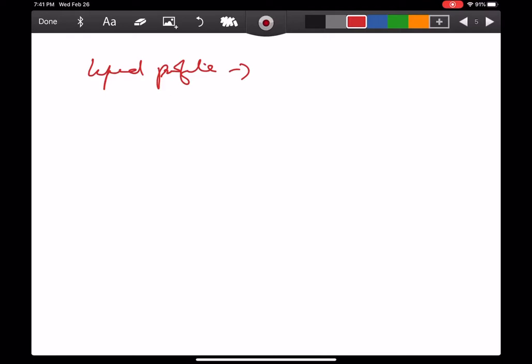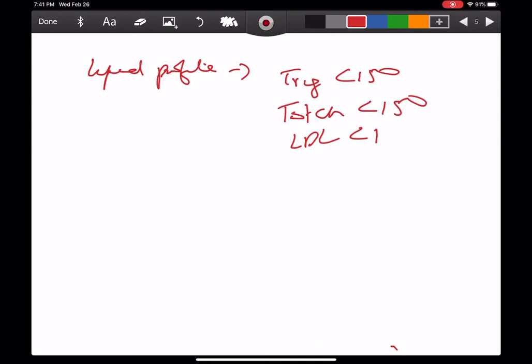And if still your lipid values don't go down, you need to start medication, before which you need to consult a physician to do that. So the values that are suggested are a triglyceride level below 150, a total cholesterol level below 150, a LDL level below 100, and a total cholesterol to HDL level below 3:1. You need to take all measures you can to keep your lipids under these values.